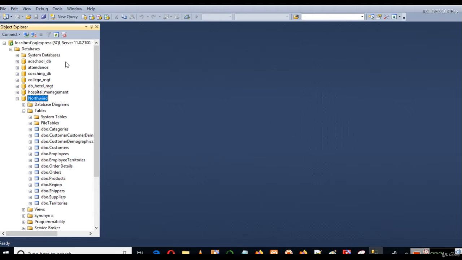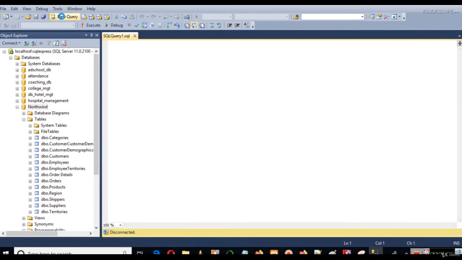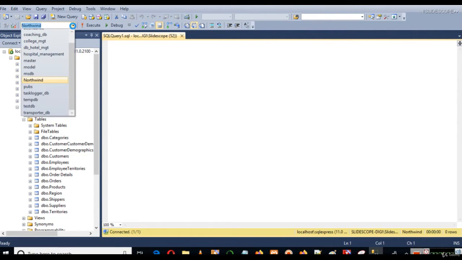Now in this particular Northwind database, I will first explain these tabs here. So this is New Query, and here you can type and run any query. Make sure that your database is selected here. I have Northwind selected here.